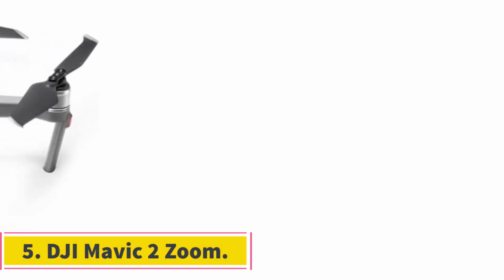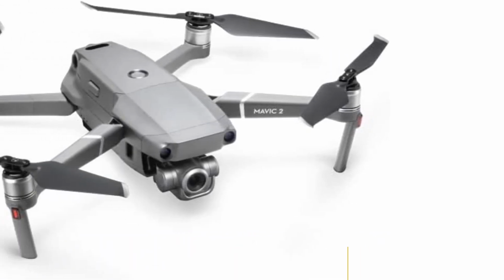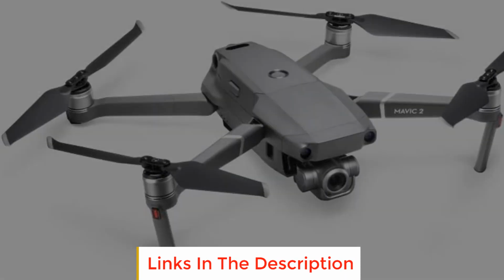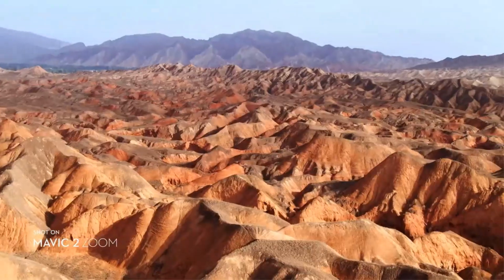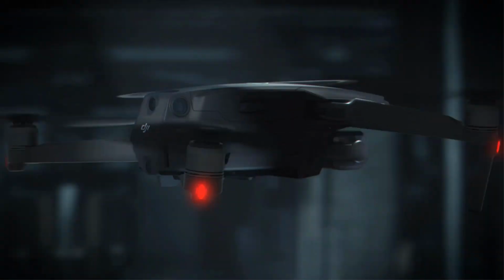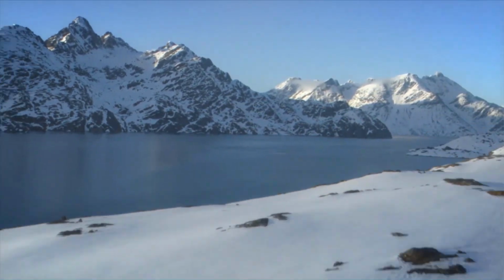Number 5. DJI Mavic 2 Zoom. The DJI Mavic 2 Zoom is a feature-packed camera drone that offers a unique and versatile flying experience. At its core, it's equipped with a 1/2.3-inch 12MP sensor that supports up to 4x zoom capabilities, which includes a 2x optical zoom ranging from 24mm to 48mm. This zoom feature allows users to capture dynamic and creative perspectives, making it an ideal choice for aerial photography and